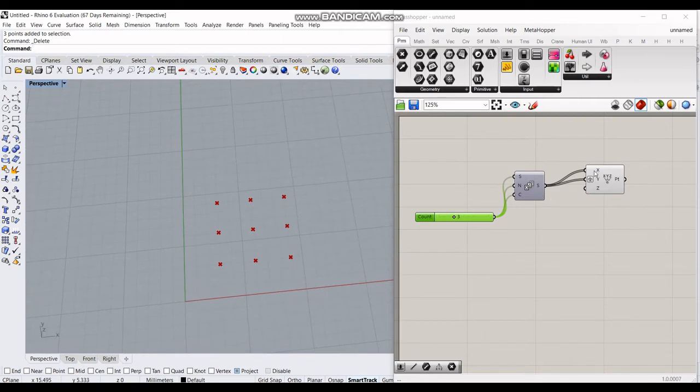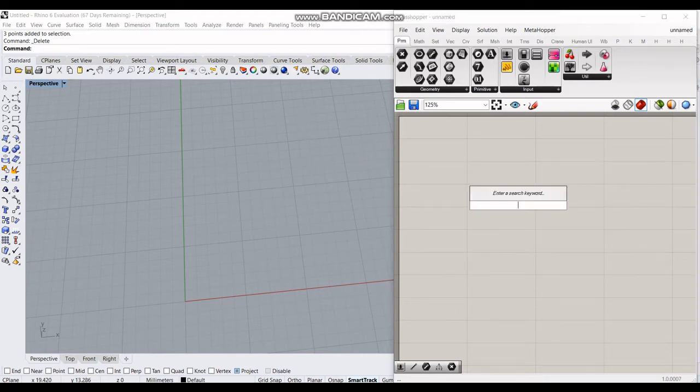There is something called grafting which will enable something like a nested for loop in Grasshopper. So for each and every x here, the y will be initialized. So we have a total of 3 into 3, 9 points here. This is another useful thing which will be used.